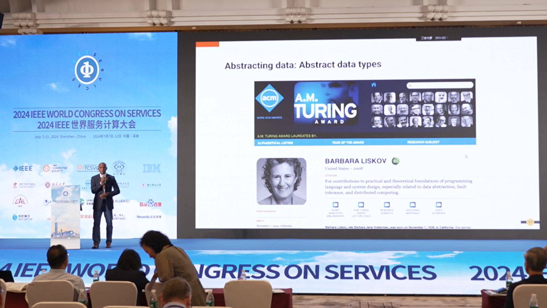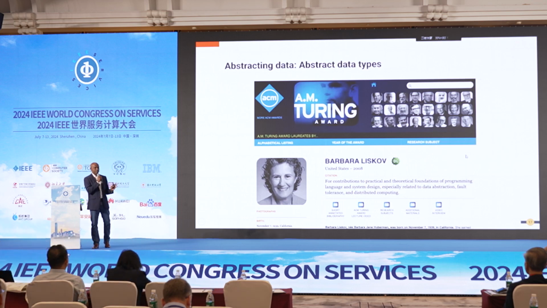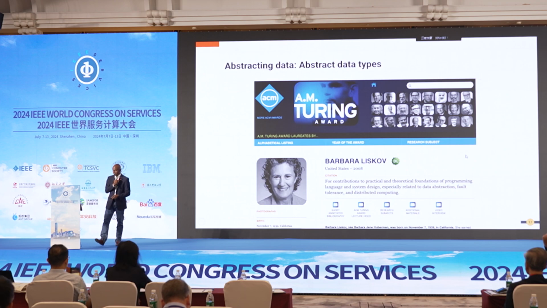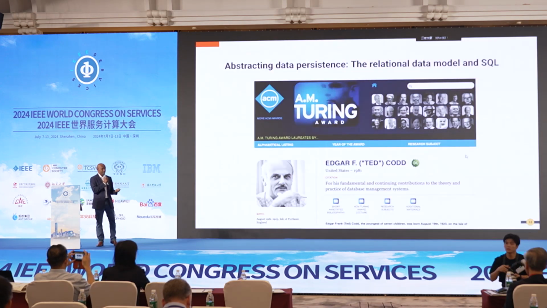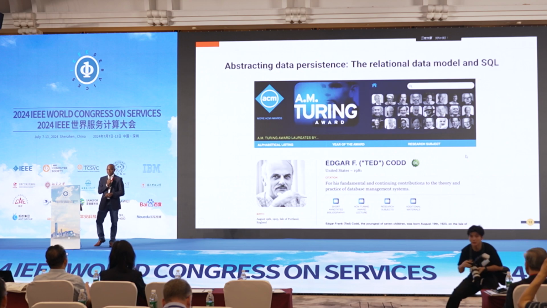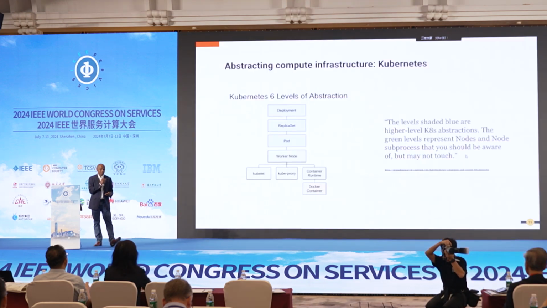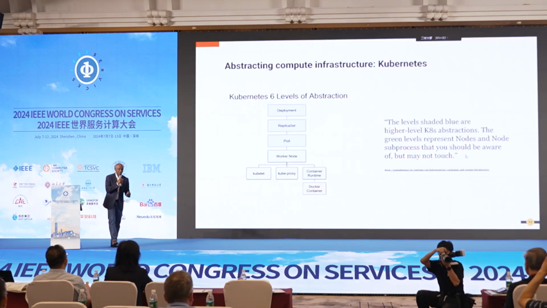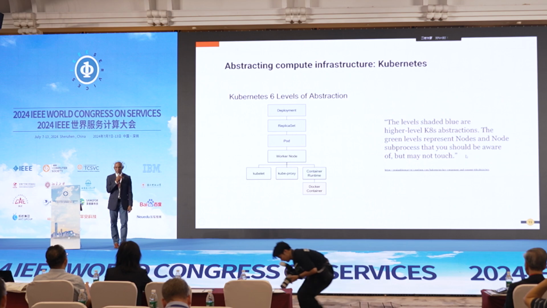So there are many amazing abstractions that have been developed in the history of computer science. Abstract data types, Barbara Liskov. Then we have data persistence, the entire relational storage model, which was very, very fundamental and had a huge impact on so many different systems. And Kubernetes. Kubernetes is not Turing Award level yet, but I'm pretty sure it will get one because it deserves one